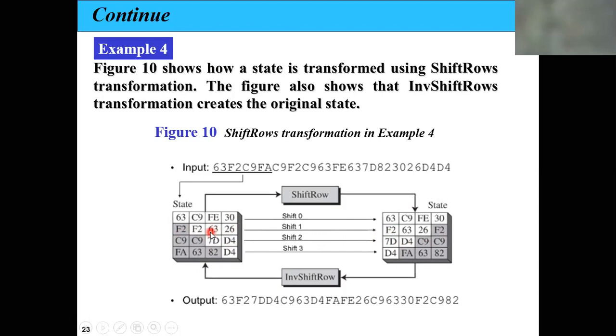This will be placed from third to second position. In that way, you have to perform another shift to this one. It means two shifts. If you apply another shift to this row, it means there is a three shift. So ultimately, the output will be here. If you can see over here, the output is 63